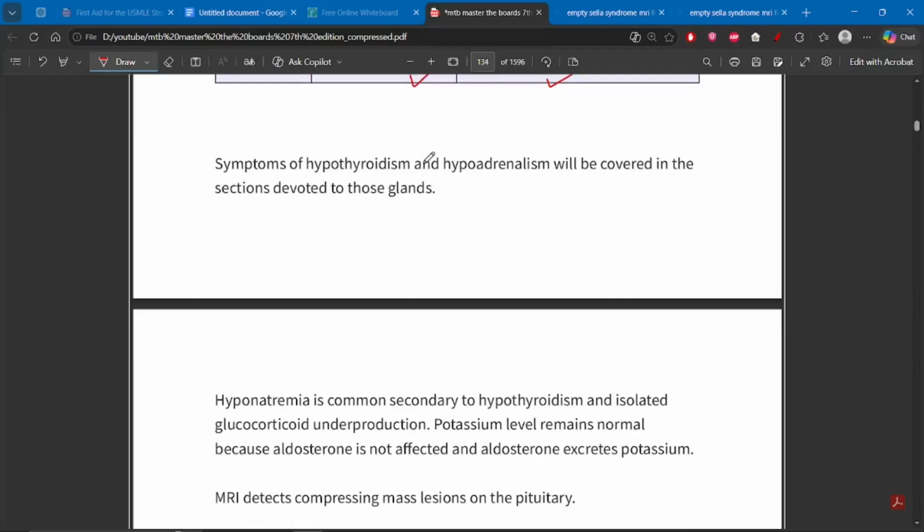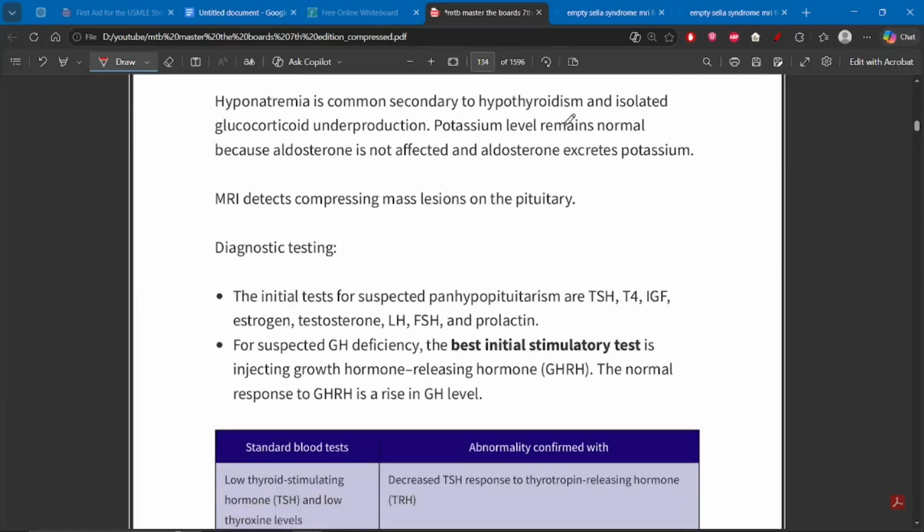Symptoms of hypothyroidism and hypotension will be covered in the section devoted to these glands. Okay. Hyponatremia is common secondary to hypothyroidism and isolated glucocorticoid underproduction. So hyponatremia can occur due to hypothyroidism and isolated glucocorticoid underproduction. Okay, that makes sense. Potassium level remains normal